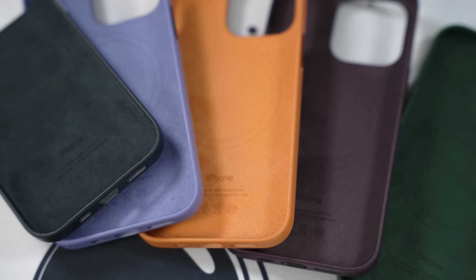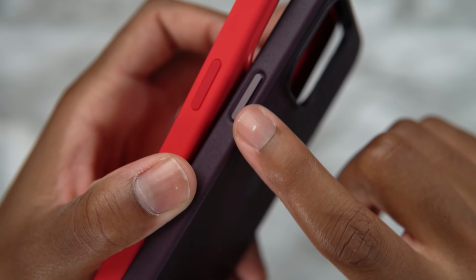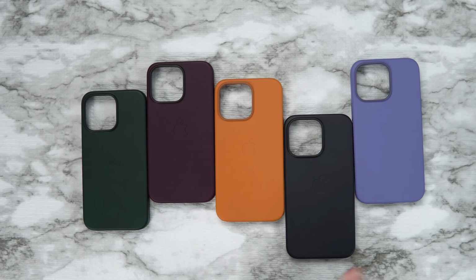As I was saying about the buttons, guys, the silicone case has a rubbery button, but the leather case has aluminum, which to me feels a lot better. Feels very nice. But yeah, all right, guys, we just touched on all the leather cases for this year's iPhone